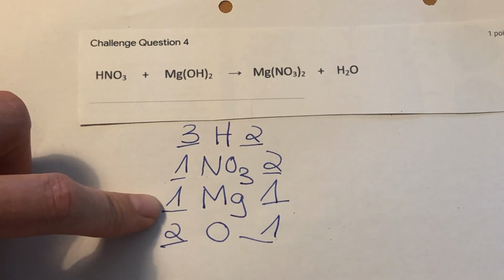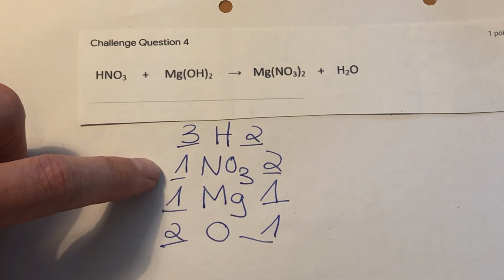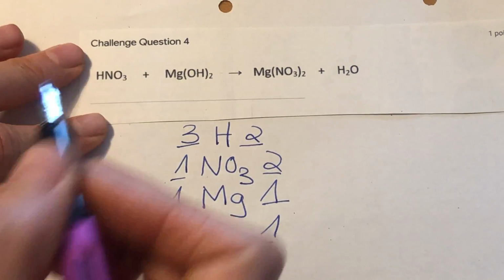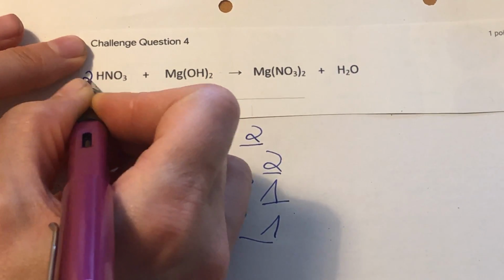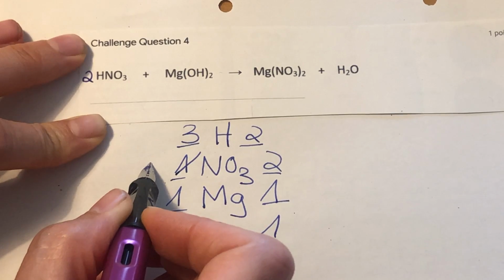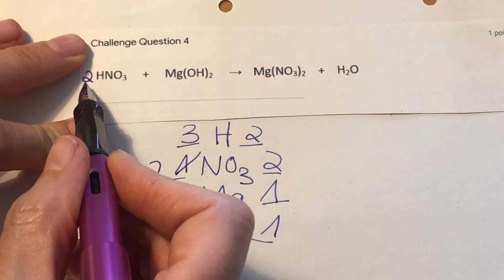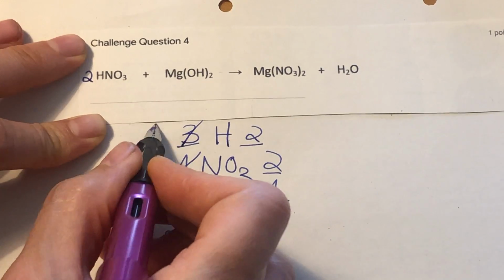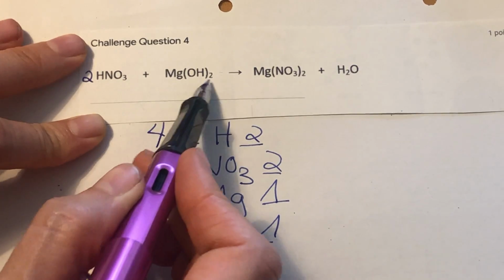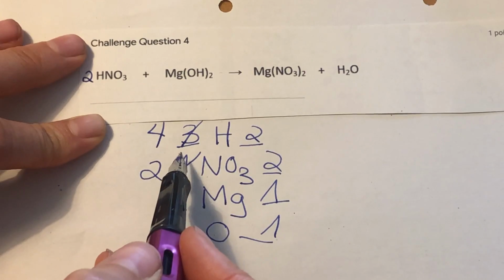Easiest thing I'm going to recommend that you do in this case is we've got that little cluster, that NO3 all stuck together. Let's balance it. So we're going to do a 2 in front of that HNO3. So that's now going to give us 2 HNO3. That's going to now change our hydrogen to an even number. So we had 2 hydrogens there, and 2 times 1 is 2. So we have 2 plus 2 is 4. We have 4